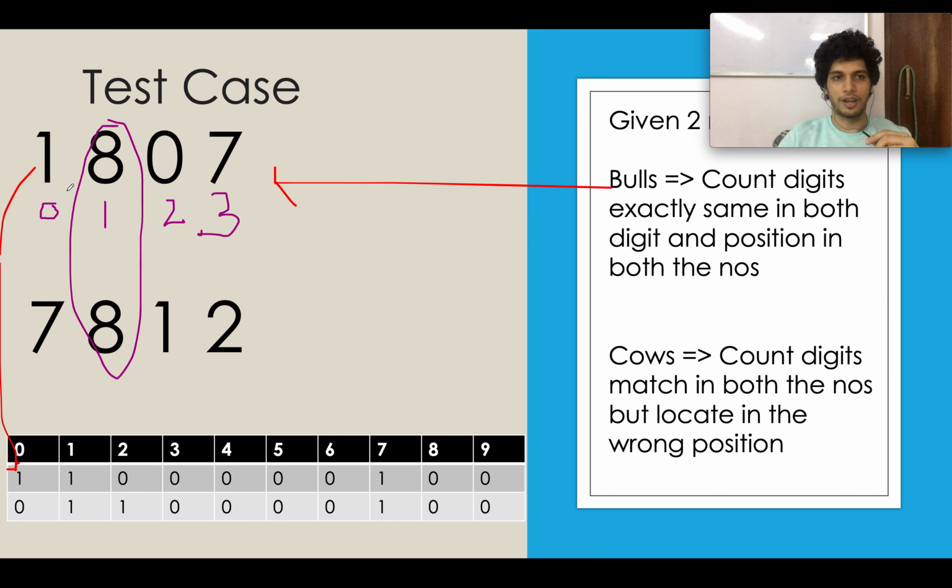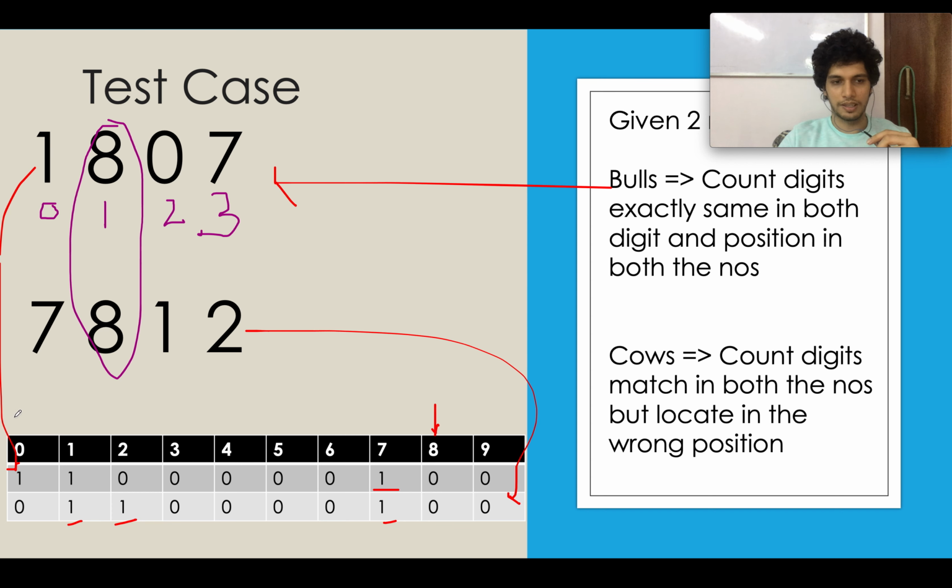For the first string, 0 got incremented to 1, 1 got incremented to 1, and 7 got incremented to 1. Remember, we will not increment 8 here because that is part of bulls. We'll create a similar array for the second string, 7812. So 7 got updated, 1 got updated, and 2 got updated.